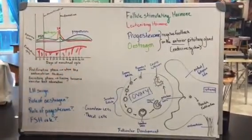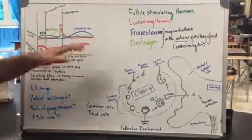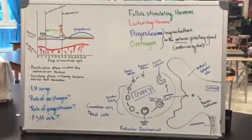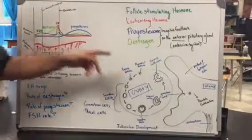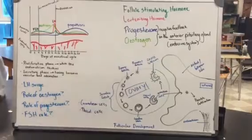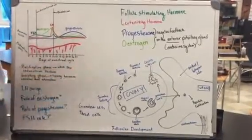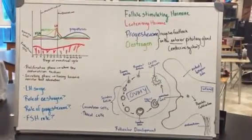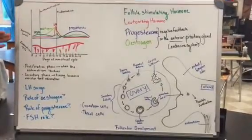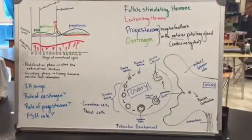oviduct. But like I said, these processes don't exactly happen on their own. They have hormones that control them. So this whole process is started off by the FSH hormone, also known as the follicle stimulating hormone. So it will make this begin going through the cycle and finally be exited through there. But what's important is that while these cells are forming, we see that these cells will begin to secrete estrogen and progesterone, but mainly progesterone. And so this is why we see an increase in progesterone, and we also see an increase in estrogen, as